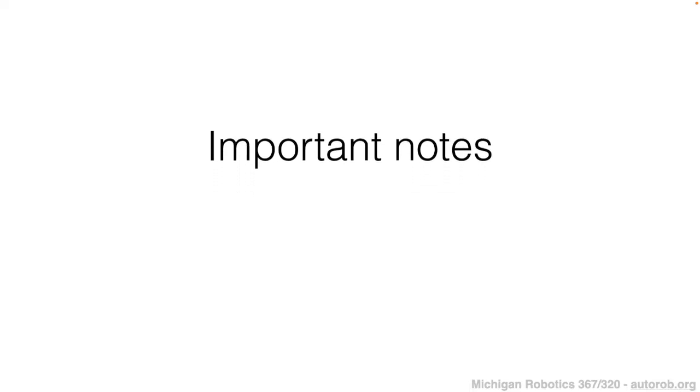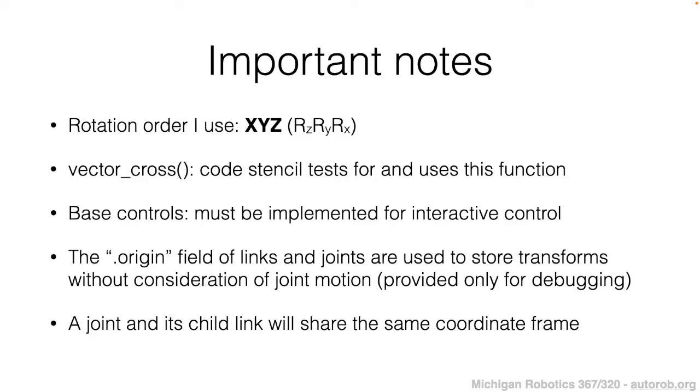All right, so a few other remaining notes that are important to point out as we move towards Project 4. The first is that you should always use the X, Y, Z order for Euler angles within the forward kinematics routine, which is used for positioning the links and joints, because this is what the code will be graded on. In addition, one really important function to implement is the vector cross function,